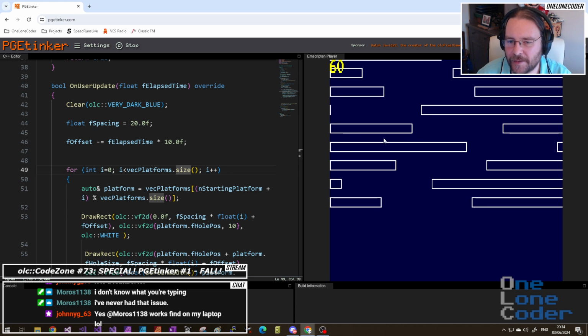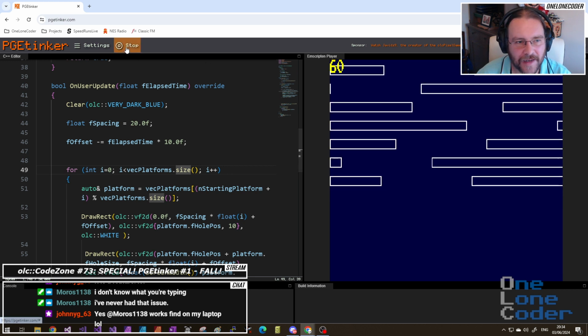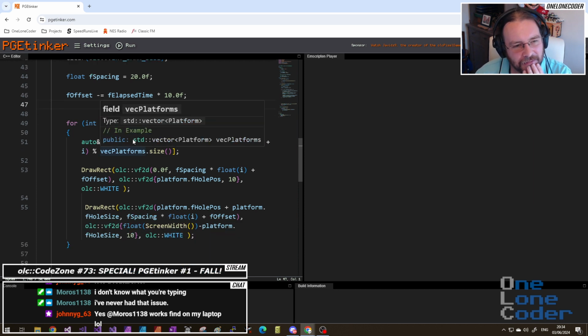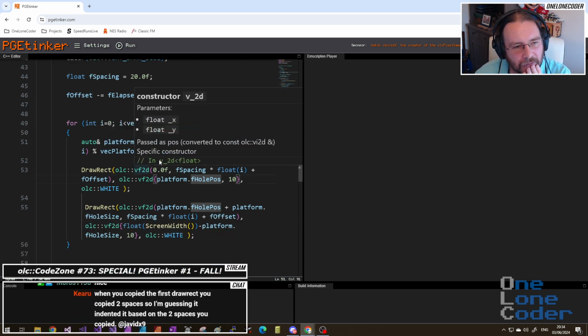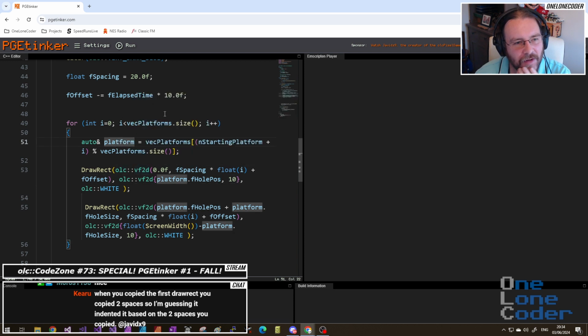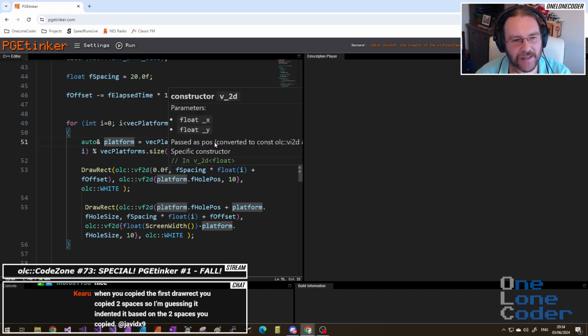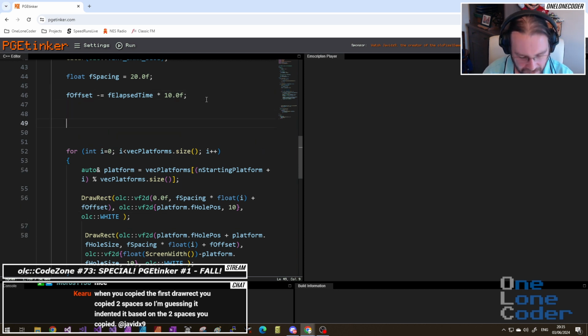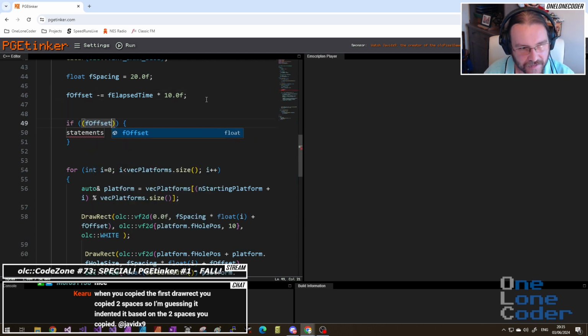Okay, and now we want to regenerate platforms when they go out of view. Now, how am I going to work that out? So I think when the offset becomes larger than the spacing, we want to set our starting platform. We'll maybe get something like this. So if f offset, I'm just going to live with the double brackets, is greater than or equal to f spacing,